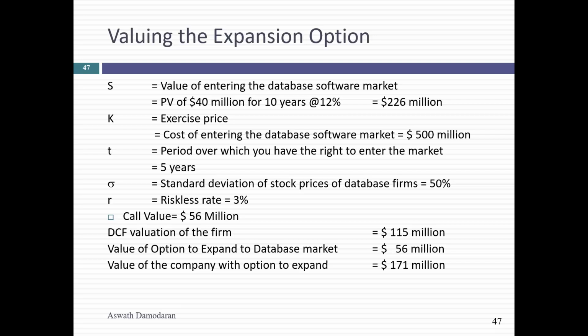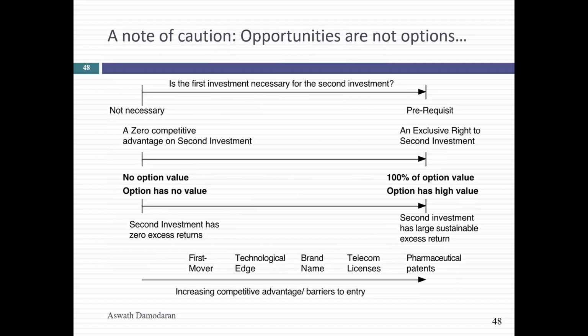So it is true that this argument can be used to justify adding a premium to a DCF, entering into a big market, even though you're not going to make money. But I think you need to ask the right question. In this case, the question you've got to ask is, what is that exclusivity? Where does it come from? And you can frame it in terms of competitive advantages, right? Because if you have superior competitive advantages, barriers to entry, that's a version of exclusivity. You can say, look, I and only I can do this. And even though it's not viable today, the option to do it is worth a lot. And the less your competitive advantages are, the less value there is to the expansion option.